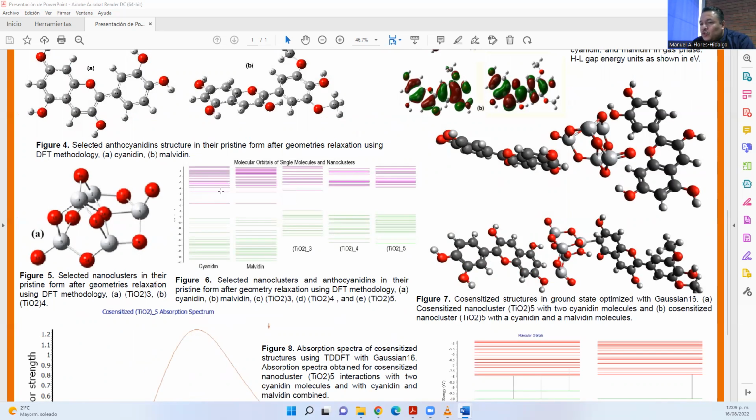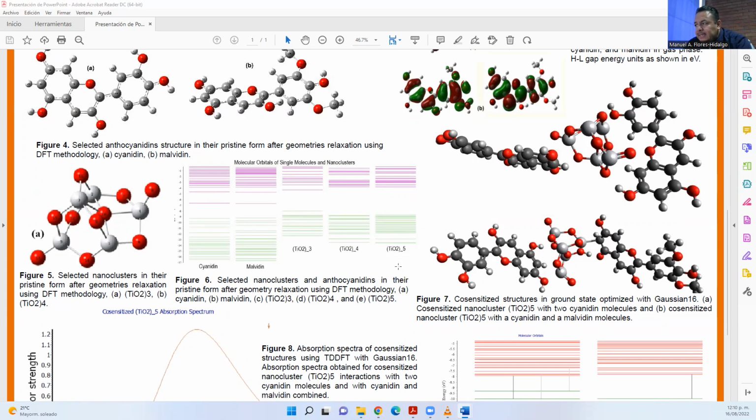We see them to have a better visualization of that. We produced this figure 6 where the molecular orbitals are shown for each individual without any interaction, only themselves. Each one of the participants in these systems. For example, here is cyanidin alone by itself, molybdenum alone by itself, and here we show three different titanium dioxide nanoclusters. We will use in particular for this work the third one, which is the 5-unit titanium dioxide